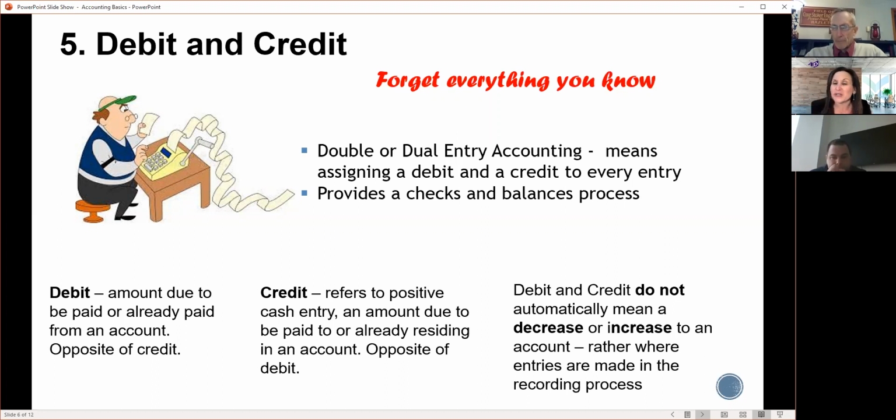And the thing that I really wish I understood was that I always assumed debit feels like you're losing something, or credit feels like a positive. But in accounting, debit and credit does not automatically mean an increase or a decrease. It's really about where the entries are recorded in the process, and they're recorded into those different buckets that we saw associated with the chart of accounts. Now, I know it goes a little bit deeper, but to understand this at the most fundamental level, I think is a really good place to start.